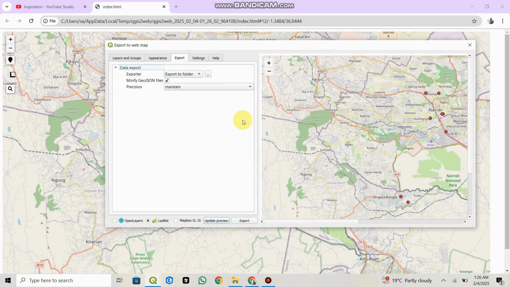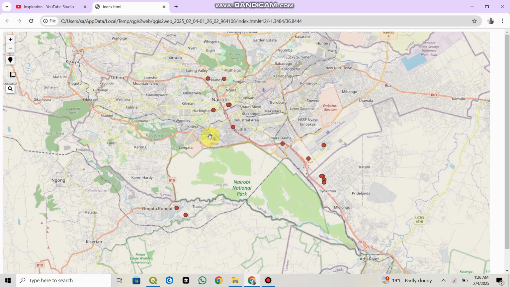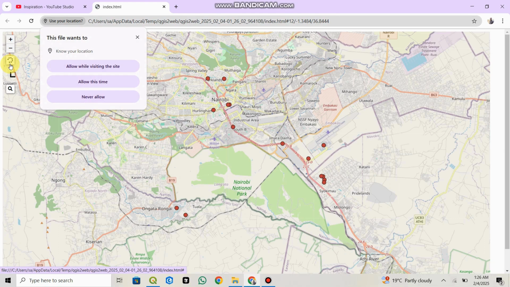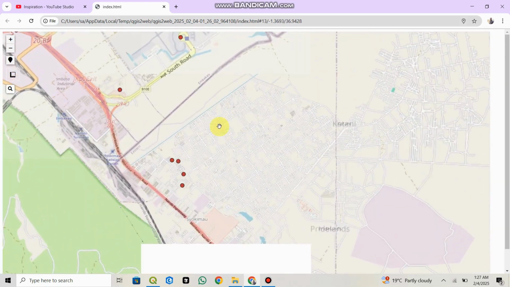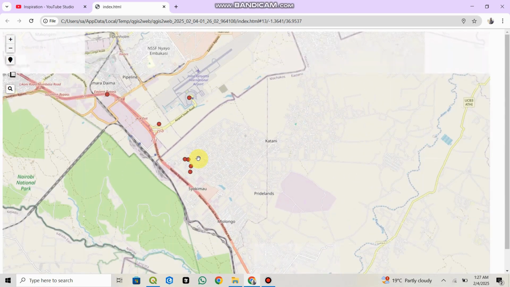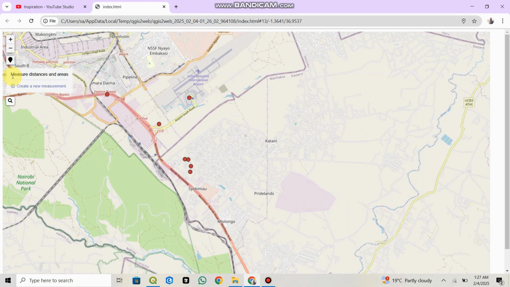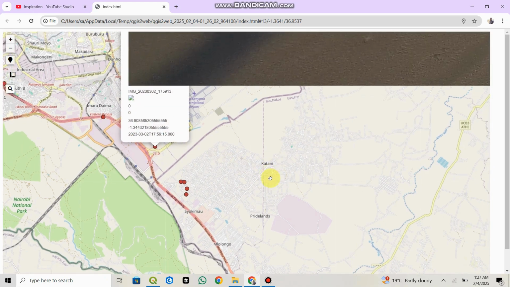Here we have our web map. You can see it has the show me where I am button. If I click on this, it's going to ask me to allow my location, so I can do that. I can also measure some distances, and I can also search by place. So let's try one of the photos. I'm going to click on the photo, and you can see